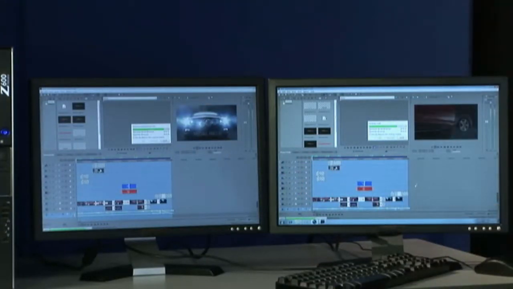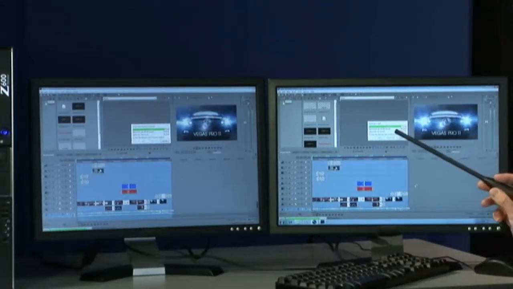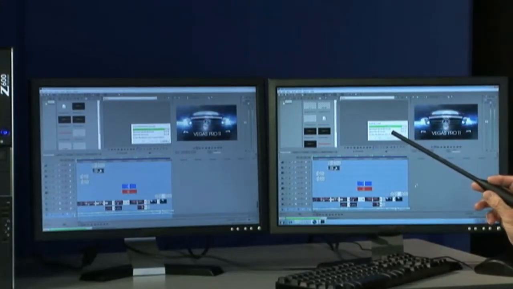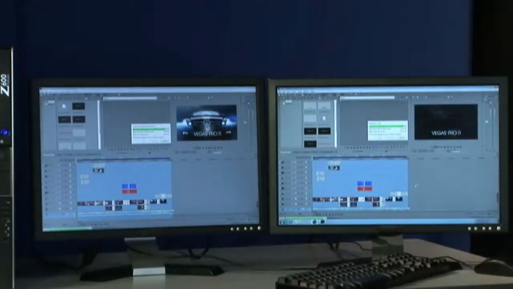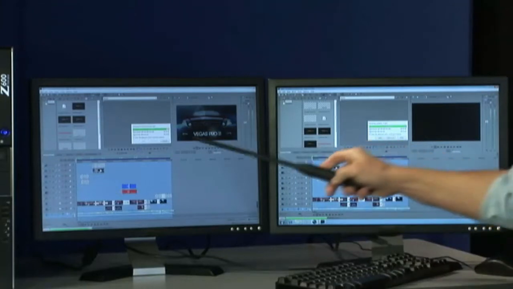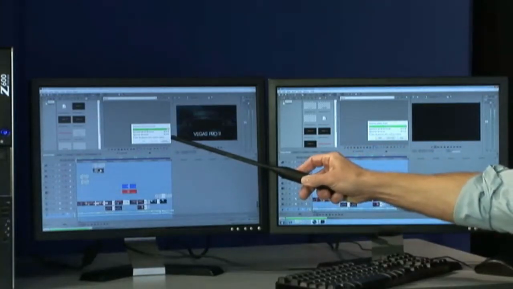So if you can, I don't know if you can see the numbers. I guess you can't from there, but we're already at 83%. We're almost caught up, and right now Vegas Pro 11 just passed Vegas Pro 10 and is at 95%, 100% right now. Vegas Pro 11 is done with its render, and over in Vegas Pro 10, we're still only at